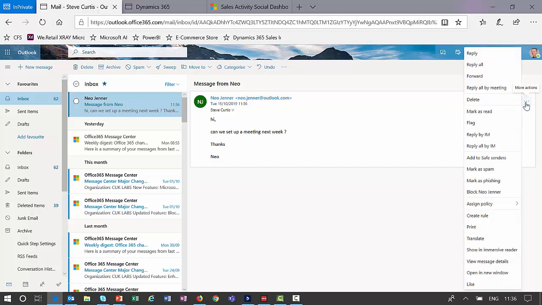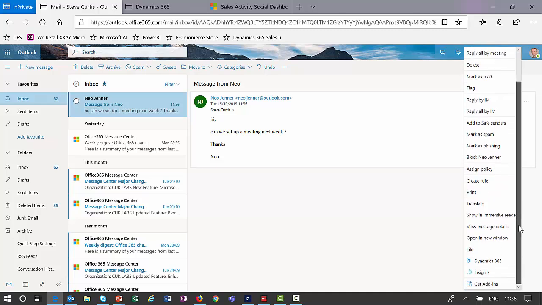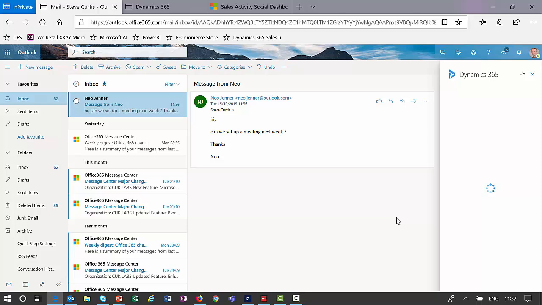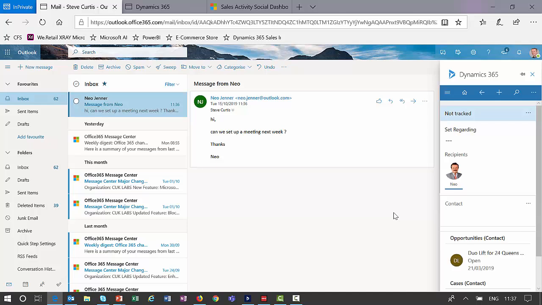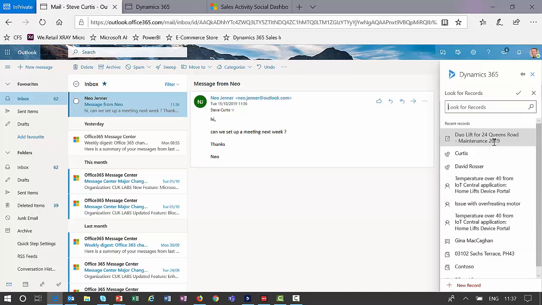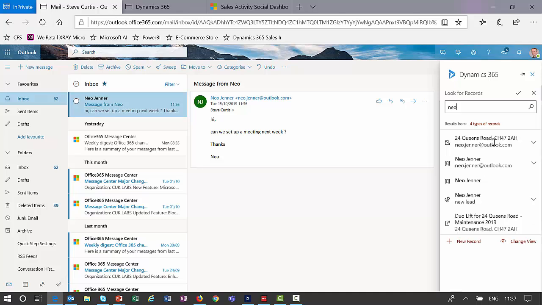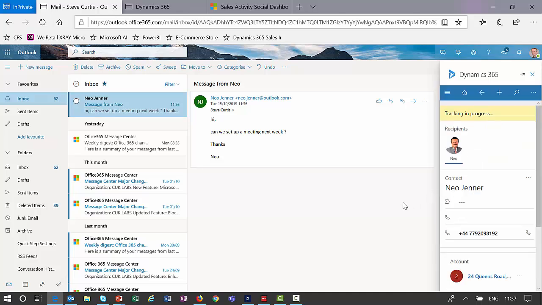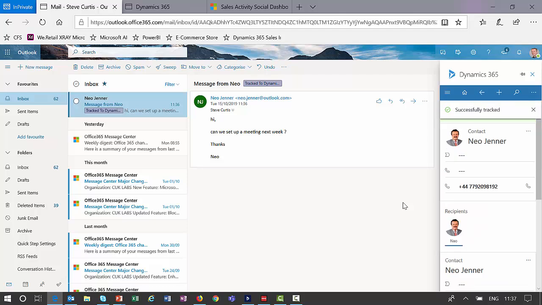Now, what we have with Dynamics 365 is an ability through this area to open up Dynamics 365. And you can see it's opening up a tile over on the right-hand side of our Outlook interface, connecting through to Dynamics 365. And then it's tracking, here are my contact details, telephone number, etc. And I can track this either automatically or I can track it manually. So in this case, we'll track it against Neogena's record, and it now is tracking that automatically within Dynamics 365